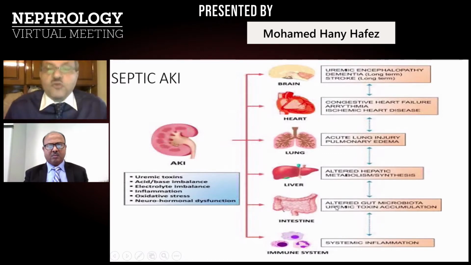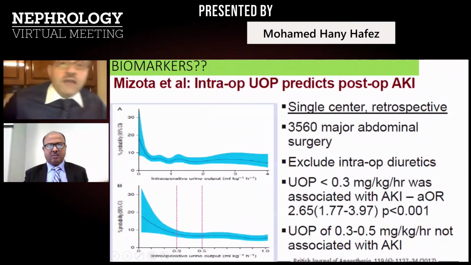So, if it is so bad, do we want to have some biomarkers to detect it a little bit early? But in the developing countries, we don't have money to get biomarkers. But we have this concept of 0.3 that I told you to try to remember: urine output 0.3 ml per kg per hour. If you have less than 0.3 ml per kg per hour, this was associated with acute kidney injury and bad prognosis, more than doubling the risk. So it is a very important, simple parameter: intraoperative estimation of the urine output.